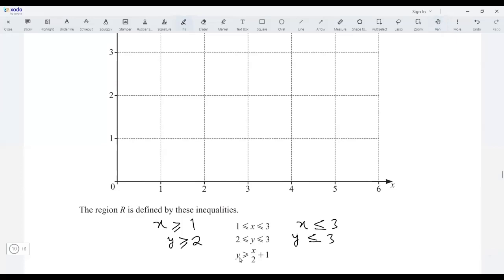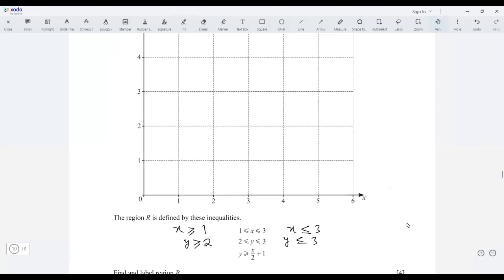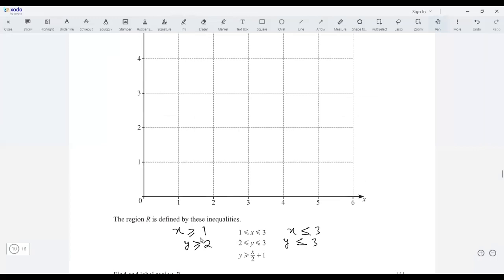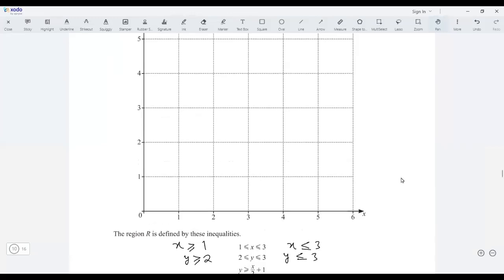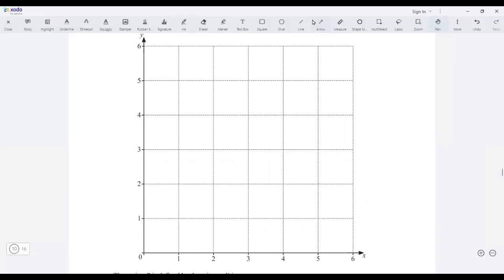For this case, as we know that these are simple inequalities, we don't have to do the rest of the thing. We have to just draw the lines. As we know, the line that has x as the subject is parallel to the y-axis. Simple coordinate geometry concept. So you have to draw the line first, x equals 1. So how to draw x equals 1? It must be passing through 1. Draw this line. Similarly, the next would be